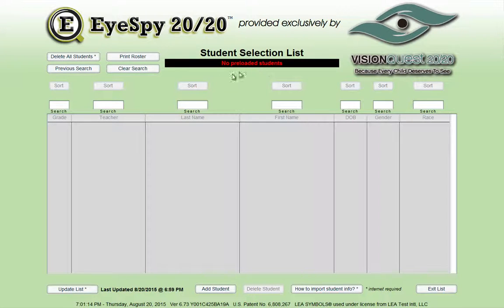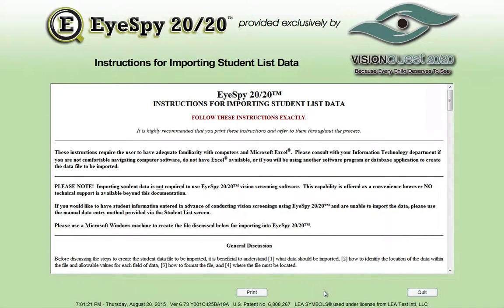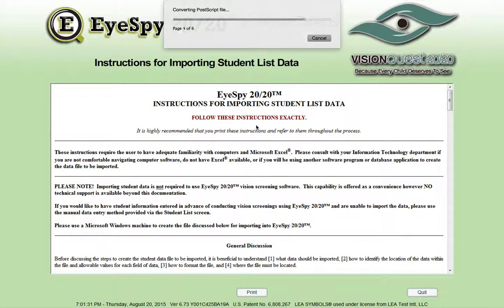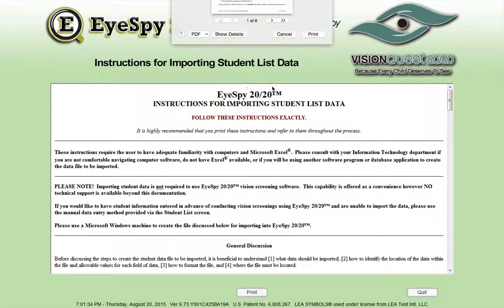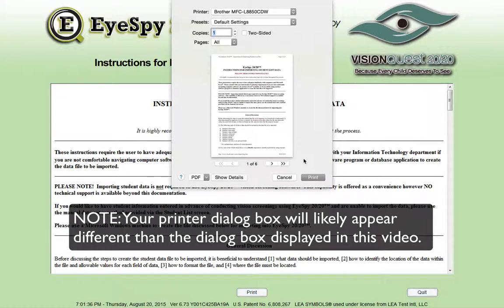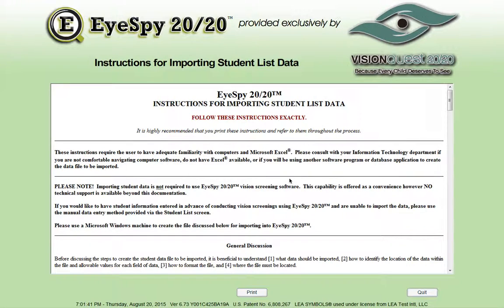And if you notice, I don't have any preloaded students. The question is, how do I import student information? So I click on this button and instructions pop up on the screen. I recommend printing them out. So press the print button and you should get a dialog box that pops up on the screen that says print for your default printer, and just press that print button, and that way you can reference this document throughout the process that we're going to discuss. Once you have it printed, press the quit button,